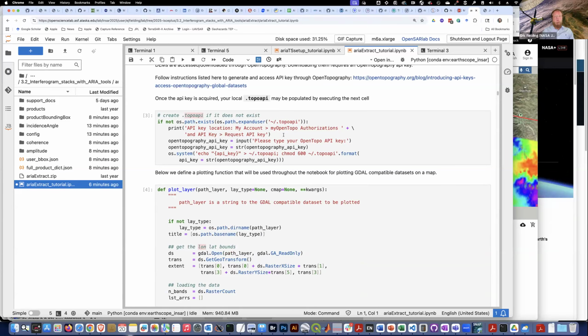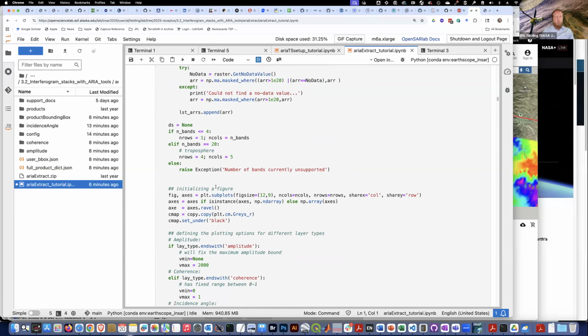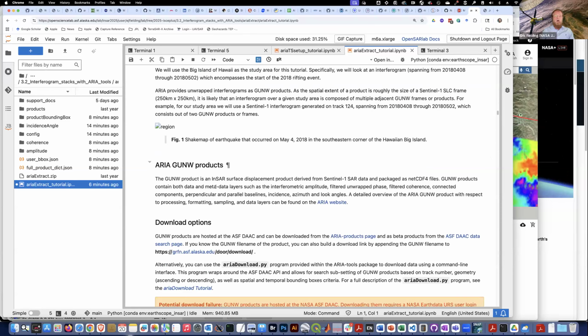The ARIA Tools processing gets its DEMs from OpenTopography. So that's why you need this OpenTopography API key installed in your .topoapi. There are some plotting subroutines here. It seems like the map got broken here. I don't know what happened to the link. Anyway,